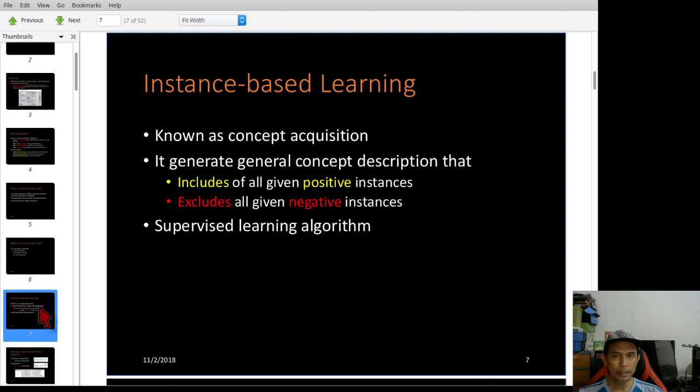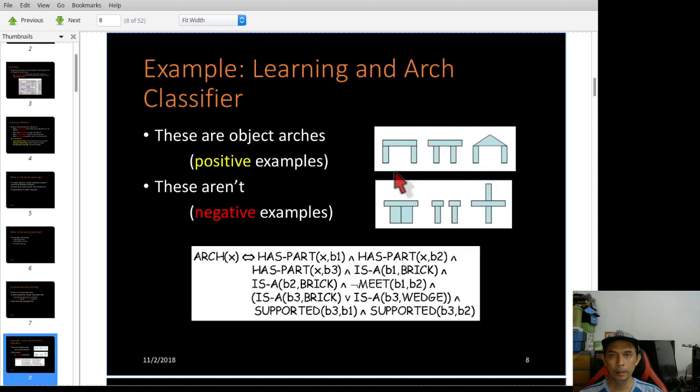Okay, let's see one example of instance-based learning. For example here, a learning classifier. This is training data for classification. You want to classify whether the sample is an arch or not.